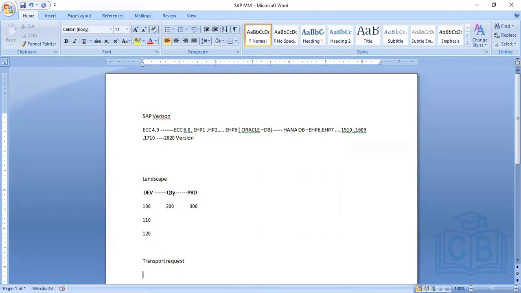Okay. So generally this transport request, we have the two types. One is a